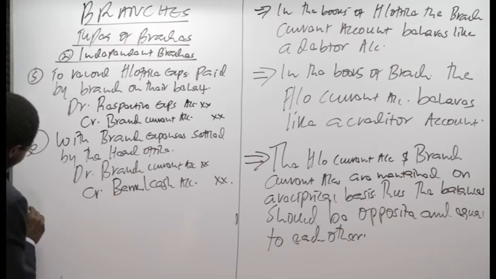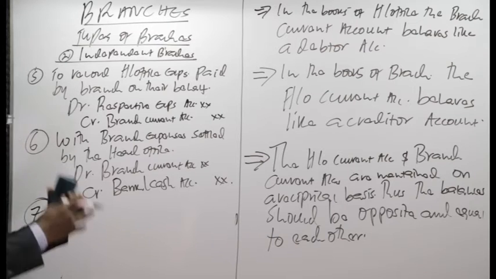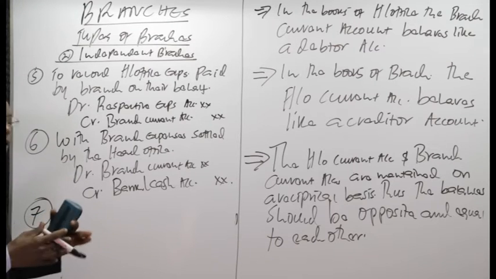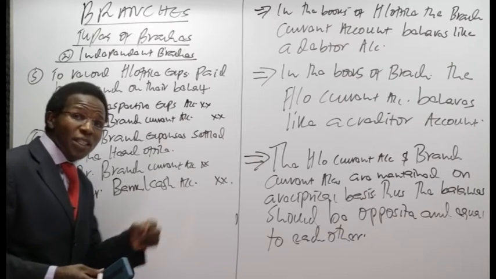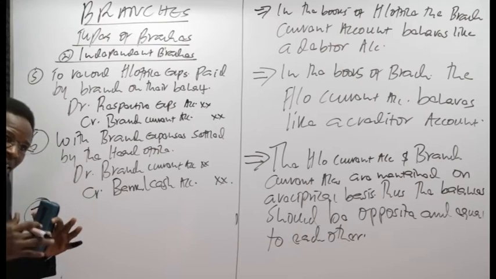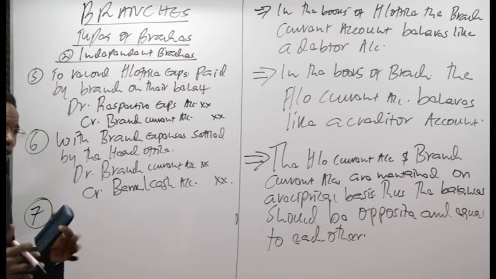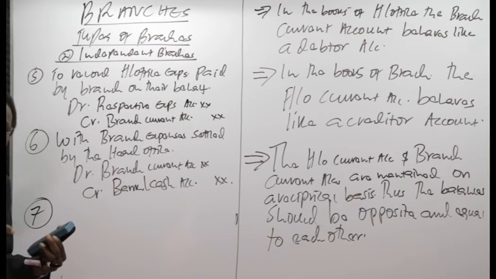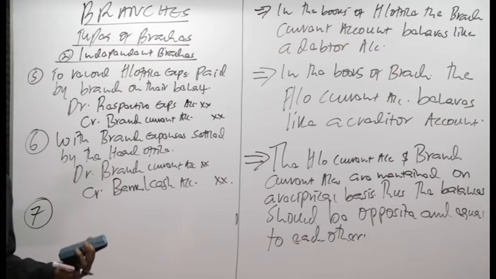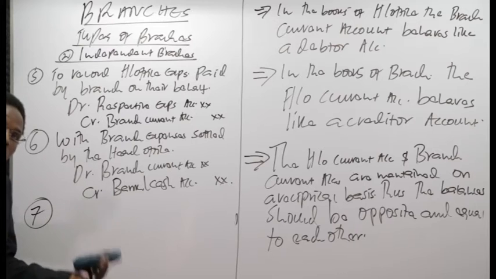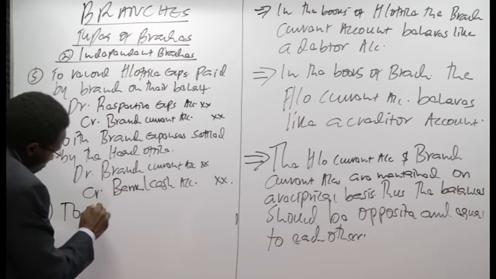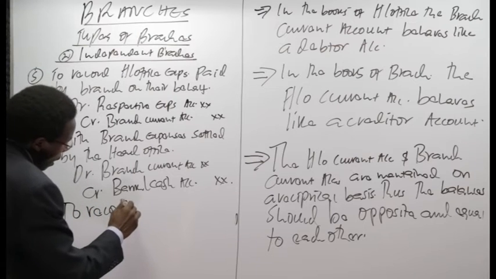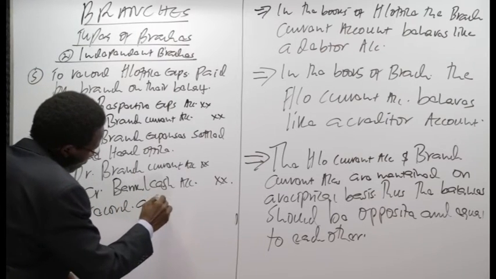Now, we also move on further, friends. We are saying if the head office, or rather the branch, has purchased an asset, but the records of this asset or the asset register of this particular asset is maintained by the head office or kept by the head office, then simply that asset is like belongs to the head office. So what do we do? Come and say to record an asset